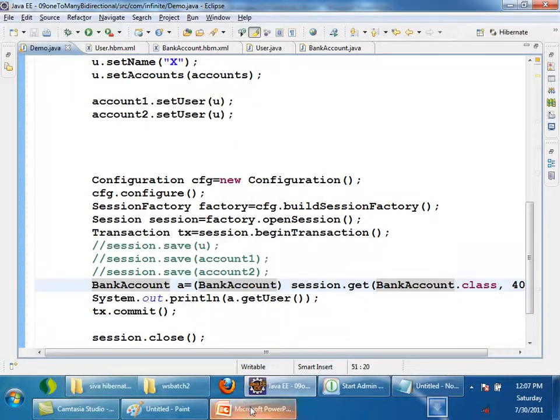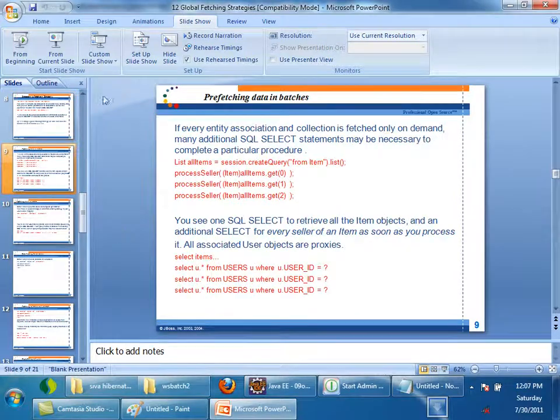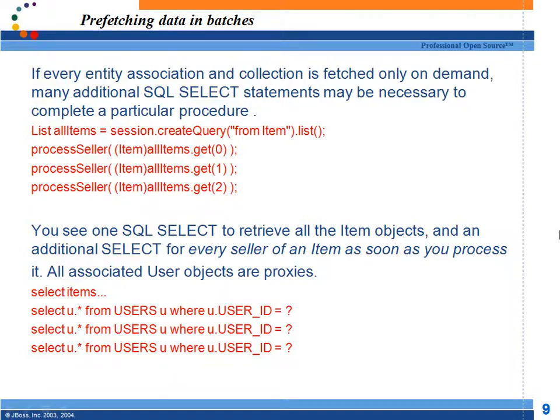Now see this scenario. I am fetching from item, let's assume that there are 10 items in my database, right? Each item may have a successful bid, right? Now I am passing each item, item 0, item 1, item 2, to this method, processSeller.